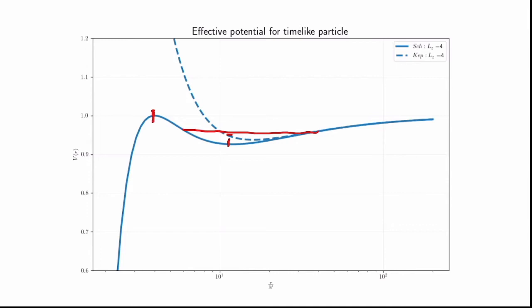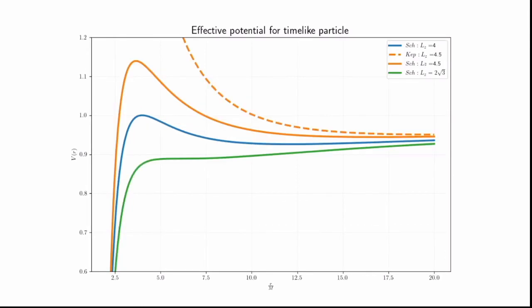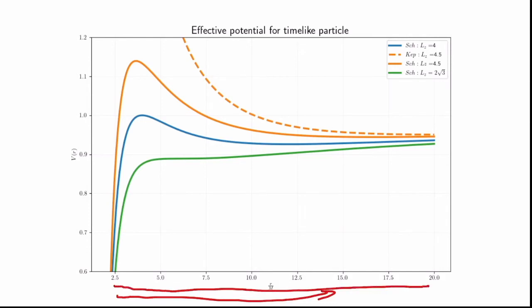However, it will not be stable. There is an unstable circular orbit which would simply fall this side and then go into the black hole. If it falls to this side, then it would be simply going in an elliptical orbit around the point mass. In this case, I have simply plotted different values of the potential, including the Kepler potential. Kepler potential is simply way too far away. You can see the distances here go from nearly 2.5 m to 20 m. It's very close to the black hole.